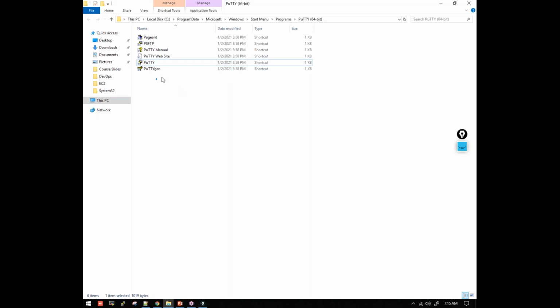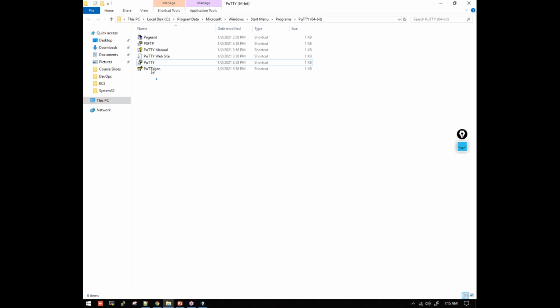Once you install PuTTY, there is one more tool installed called PuTTYgen. So we'll be using these two tools for connecting to our Linux server.